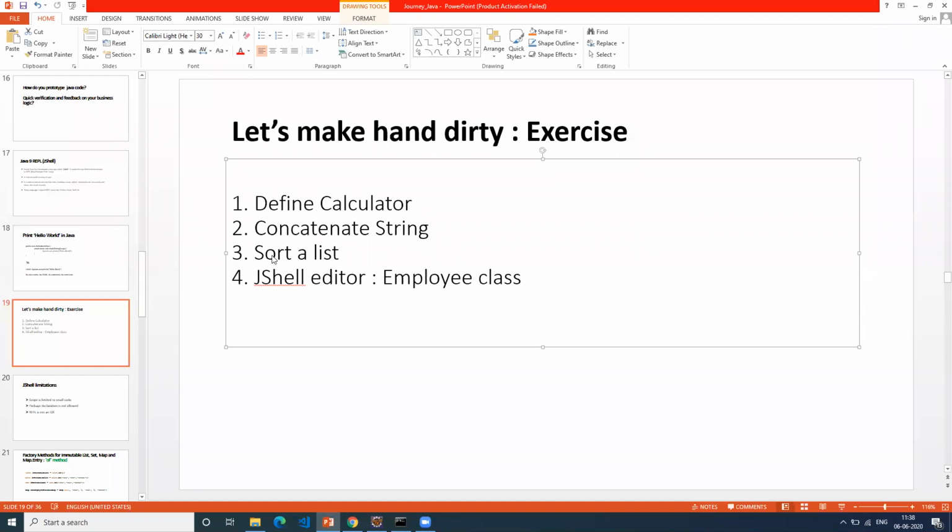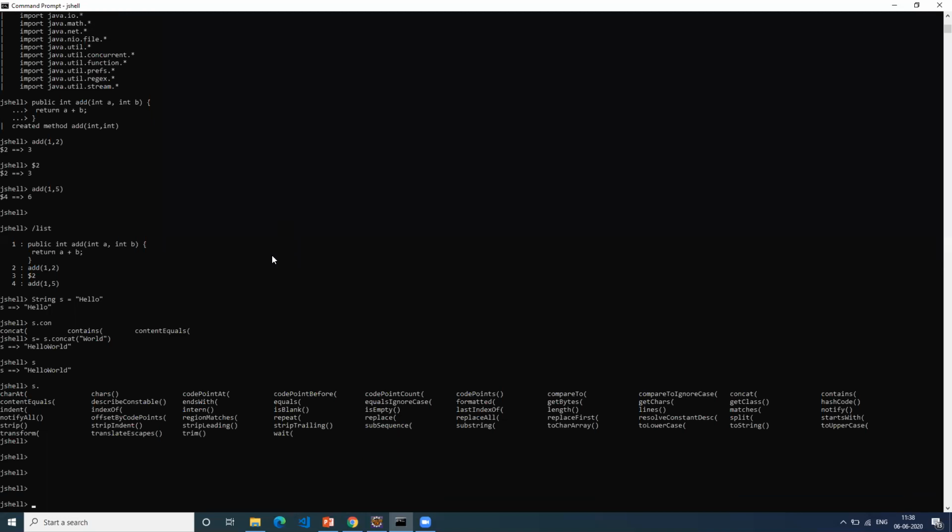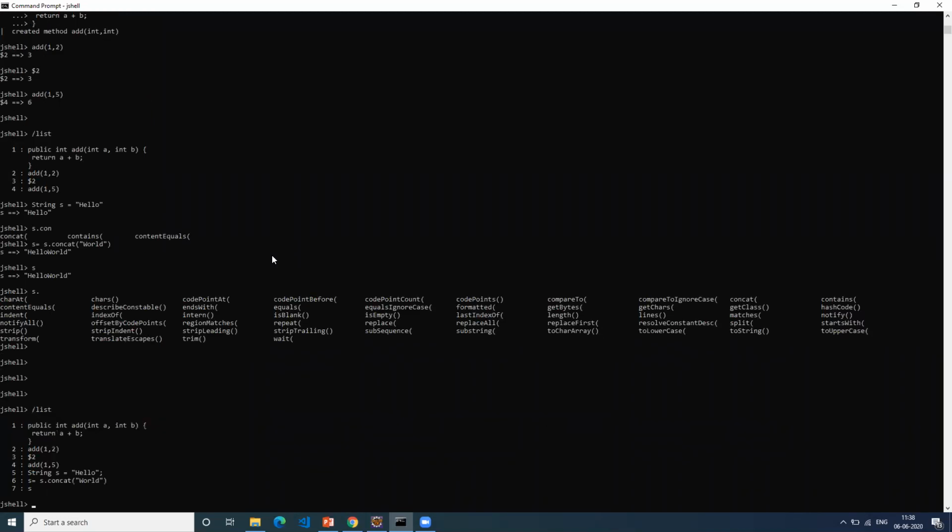So there's a problem with this. Now I've written so much code, I don't know what all code I've written. So many methods, so many things. If I want to go back to the add method and change its name to addition, it's very hard for me to go to that add method and change it. Basically I'm rewriting the same code again and making the change.